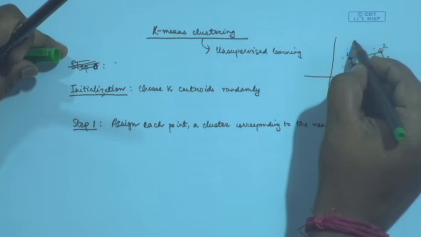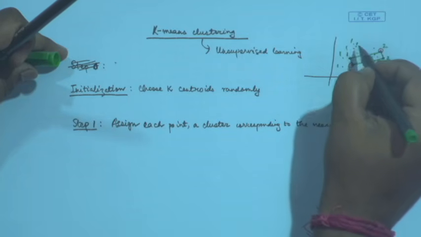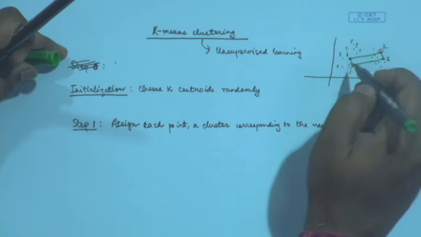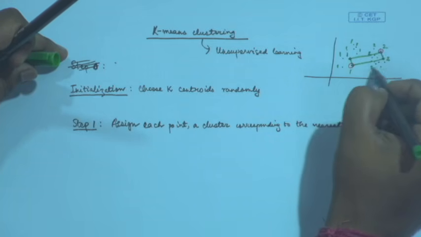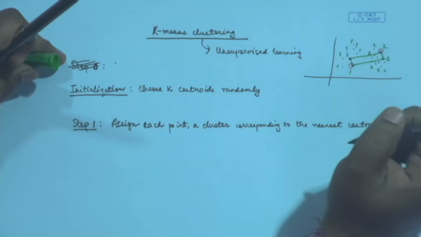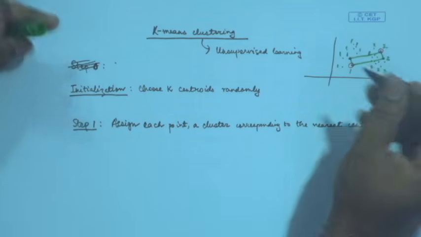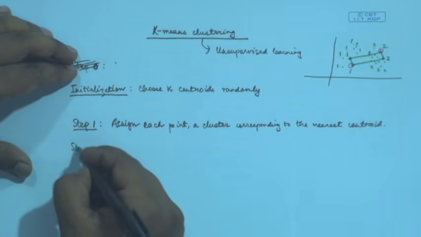clusters, because all of these points will likely be assigned centroid 1, and all of these points will be assigned centroid 2. So they form two different clusters, okay. So you assign the centroids, and the next step is